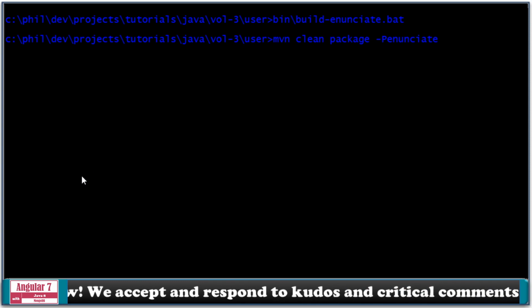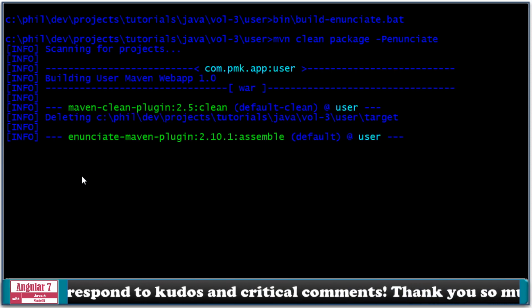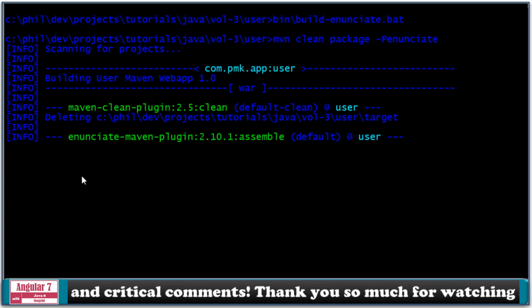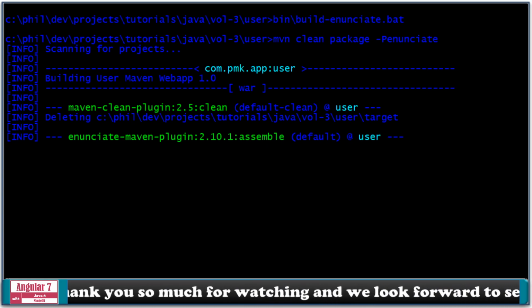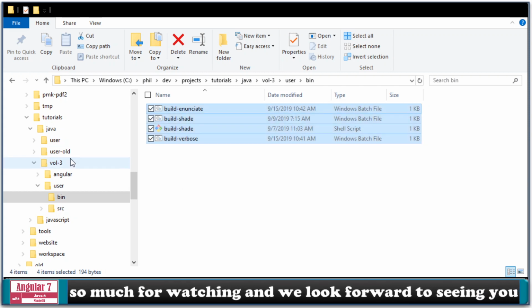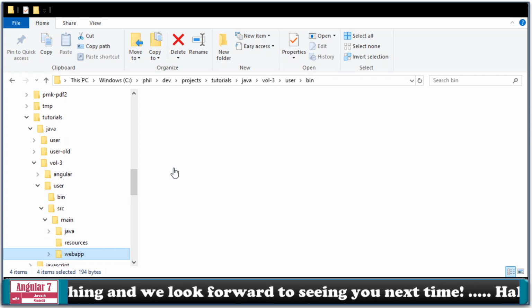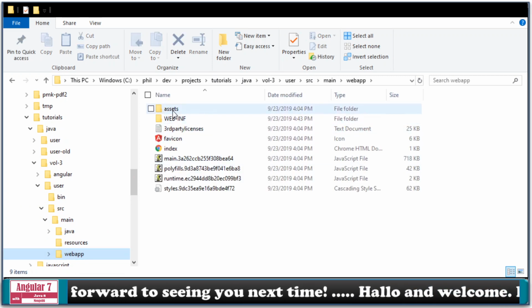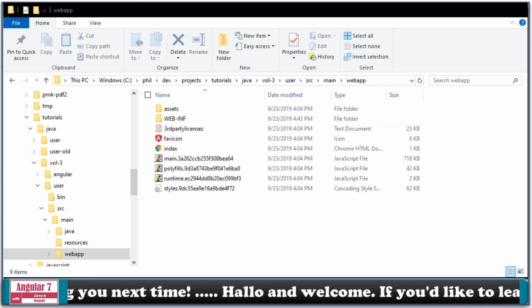We do a clean package again. And it's going to assemble the project, and look what it's doing. First of all, if you look inside here, our file explorer, you look inside our user source main webapp, you're going to see nothing here. It's going to create a folder here, and put in something called